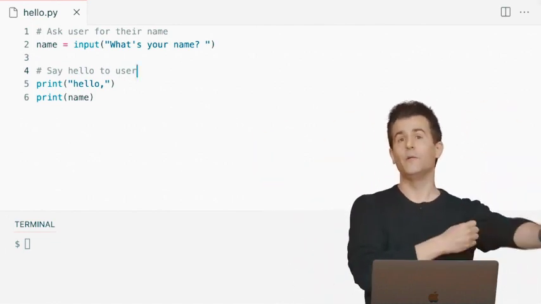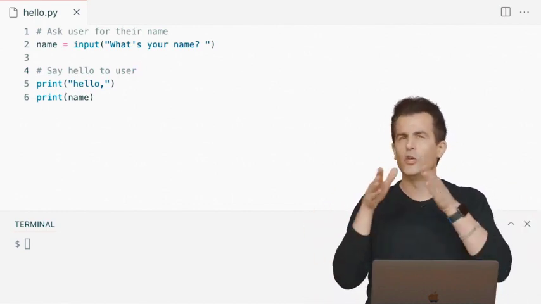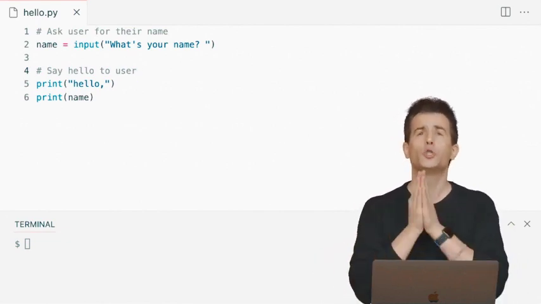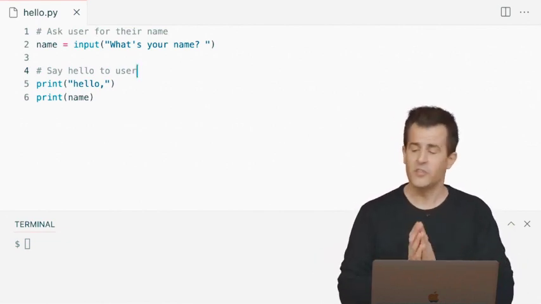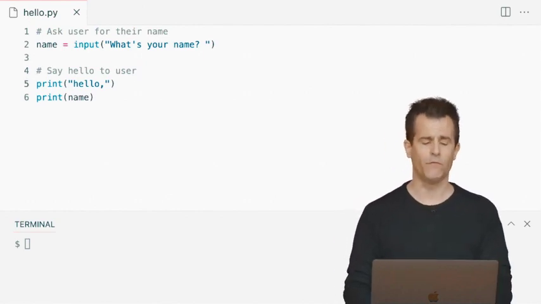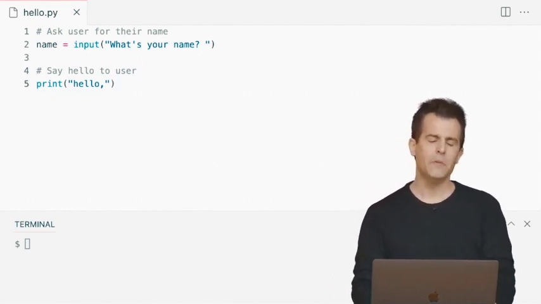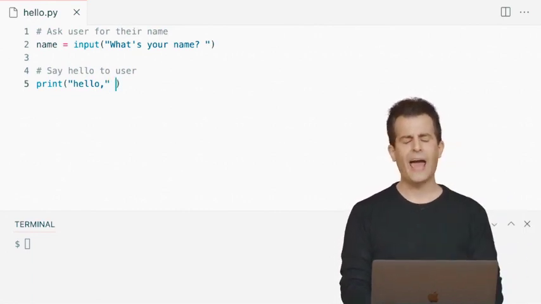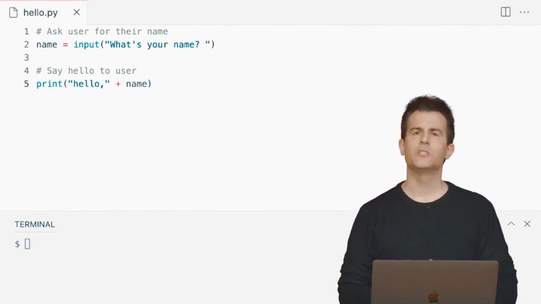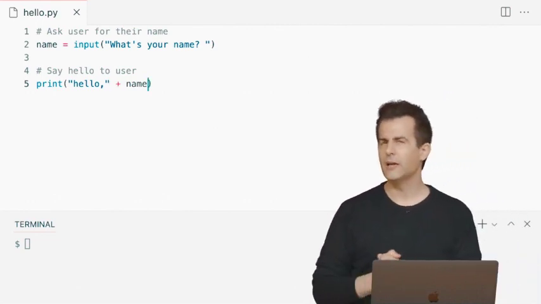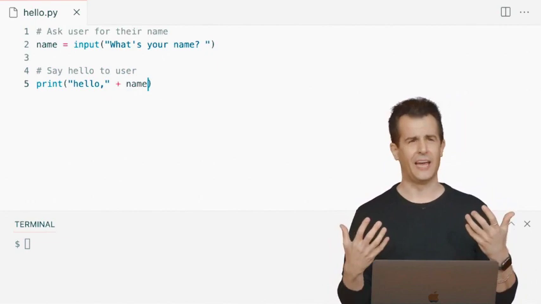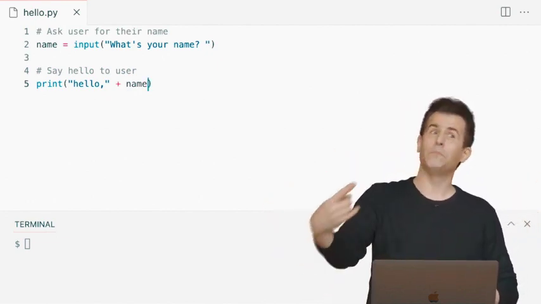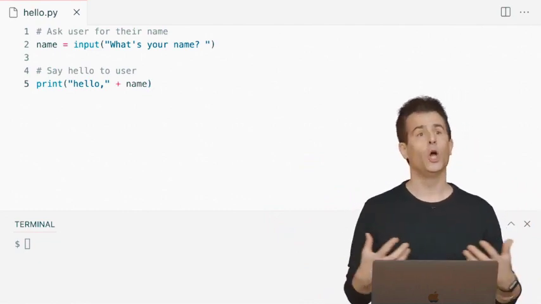Well, there's a few different ways. And in fact, the goal here is not so much to solve this one problem, but to demonstrate and emphasize that in programming, Python and other languages, there's so many ways sometimes to solve the same problem. And here's one way to solve this problem. Let me go in here, and let me go ahead now and say hello, comma, and let me just add to the end of that the user's name. So I'm using plus in kind of an interesting way. This is not addition per se. I'm not adding numbers, obviously. But I do kind of want to add the person's name to the string of text, hello, comma.